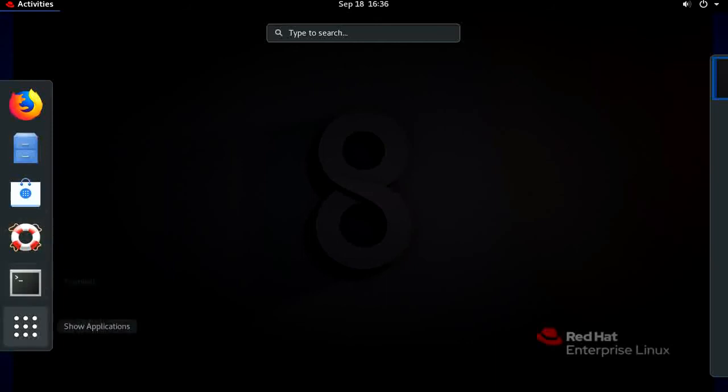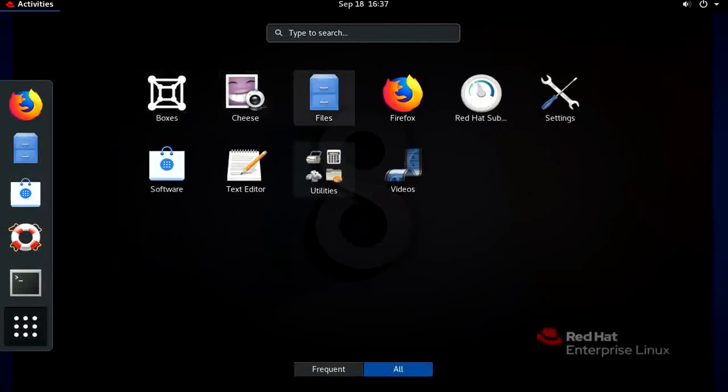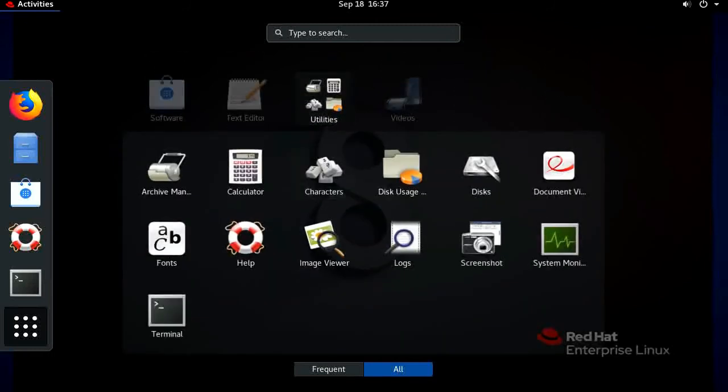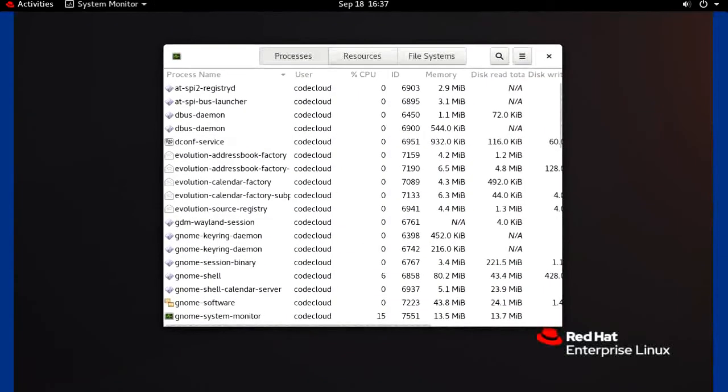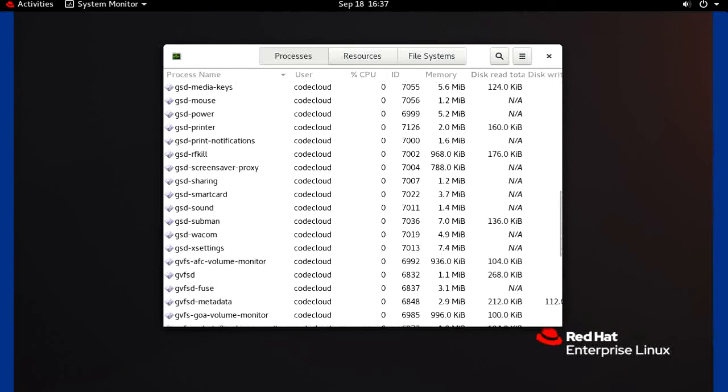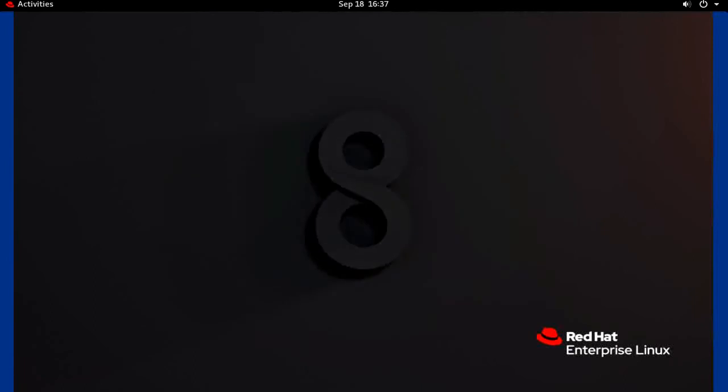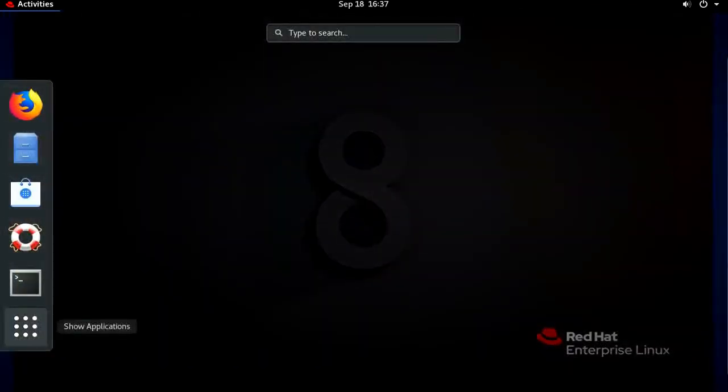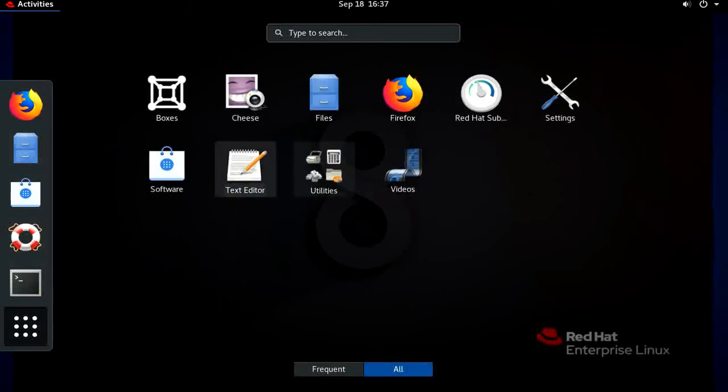You can add more by your own choice. As you click on Show Applications, the applications installed by default will appear. You can click any one to open it and use it. If you click on some category like Utilities, sub-items will appear and you can choose any of them to open. Like I will open System Monitor to observe processes, tasks, etc. I will close it and open the same category again, and this time I will open the most used item and friend of any Linux user, that is Terminal.